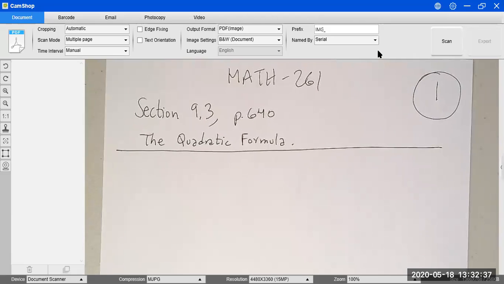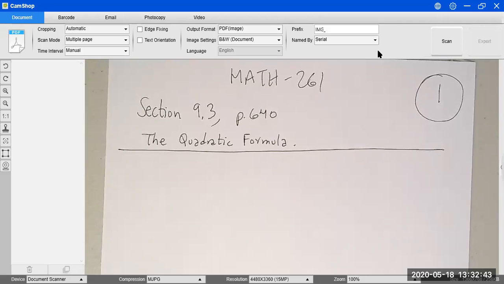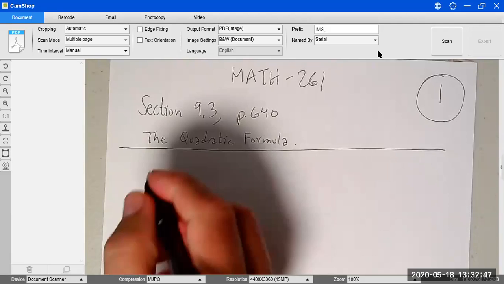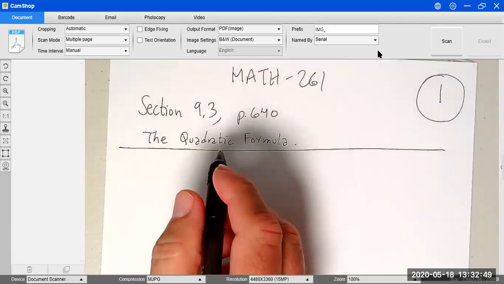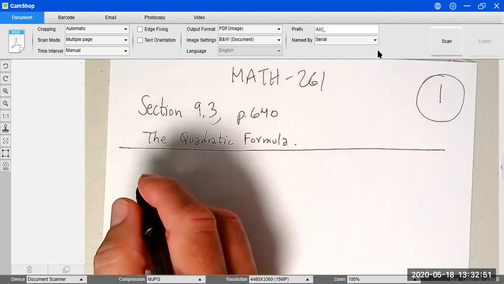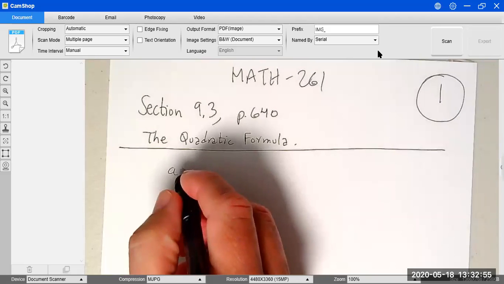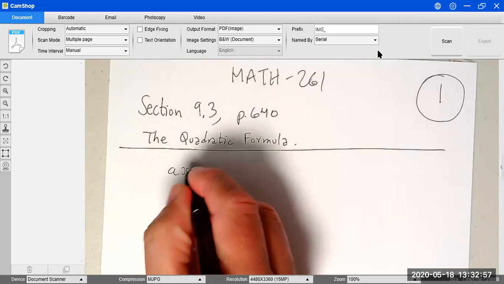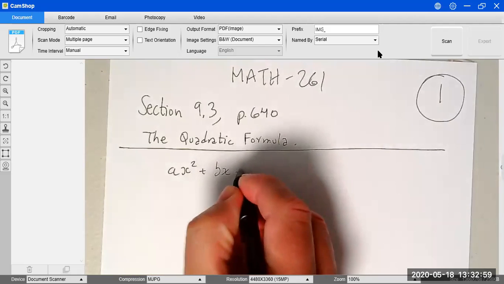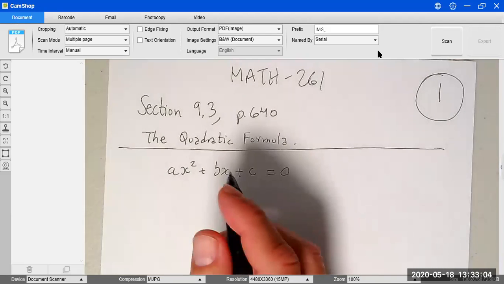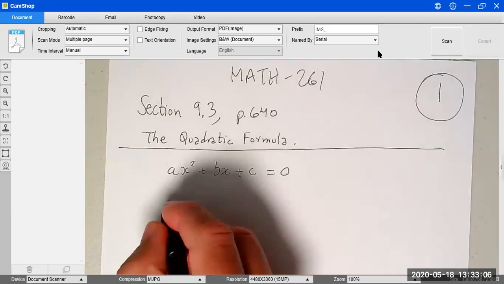So section 9.3 is on page 640 and it's about the quadratic formula. This is going to be one more method for us to be able to solve quadratic equations. On page 641, we have the quadratic formula. So we have a quadratic equation ax squared plus bx plus c equal to 0, and the solutions for this quadratic equation are going to be